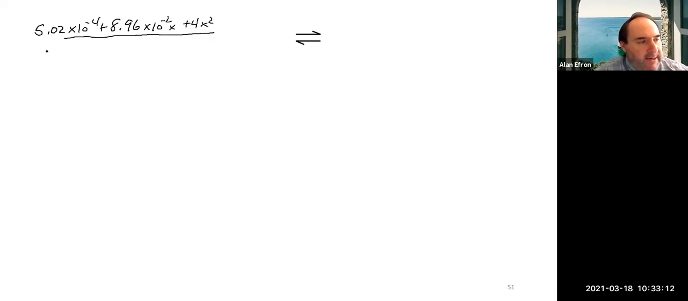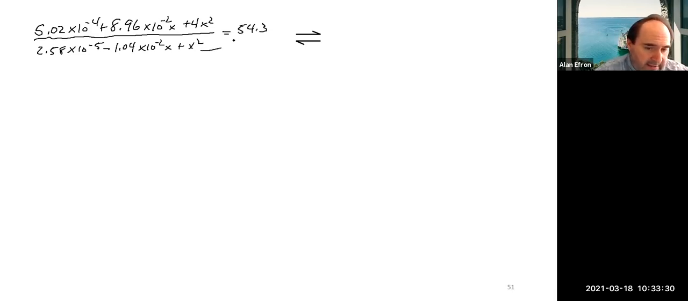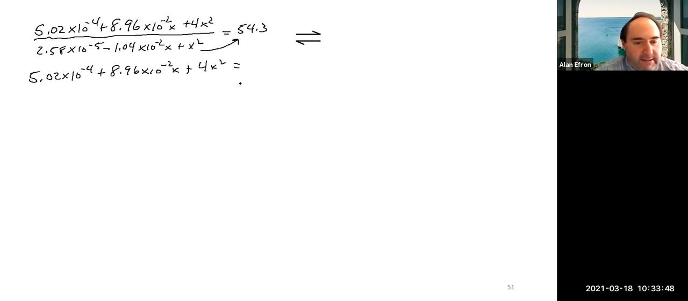And on the bottom, we ended up with this equation. And again, that all equaled the 54.3. We're then going to take our bottom all the way to the other side. And that's going to give us 5.02 times 10 to the minus 4 plus 8.96 times 10 to the minus 2 plus 4x squared. And that is going to equal, when we multiply that to the other side,